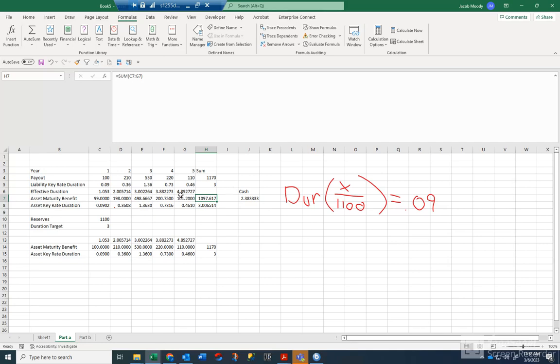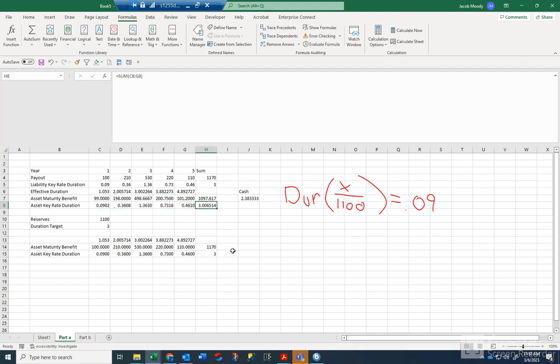$1,097. And then I could also get my asset key rate durations based off of that, where the key rate duration is essentially just the weighted average of the durations. So I have a duration of 1, and then I take the portion of how many assets I have compared to the sum. So 99 divided by 1,097. So there's the 0.09, and then it goes all the way to here, and that sums to be